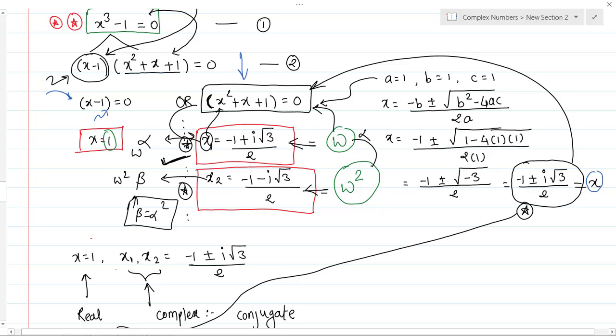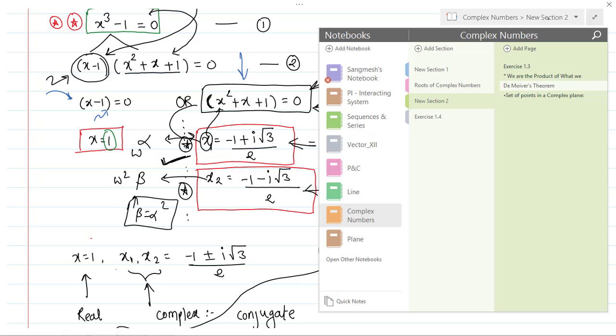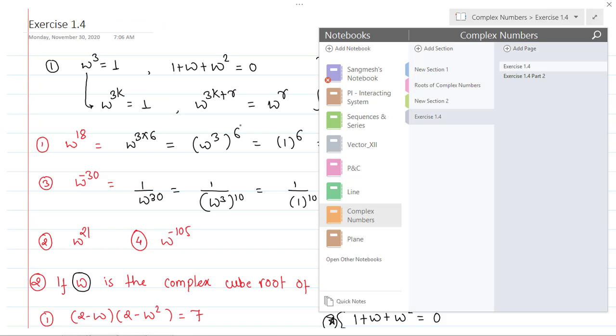Okay, so 1, omega and omega square becomes the cube root of 1. So here in our case, if alpha and beta are there, then 1, alpha and alpha square becomes the cube root of 1. So I hope this will help you. सो त्याच्यामुळे सांगितलं की आधीचे जे एक्सरसाइज आहेत ते खूप इम्पॉर्टंट आहेत, त्या गोष्टी आपल्याला कव्हर करायच्या.